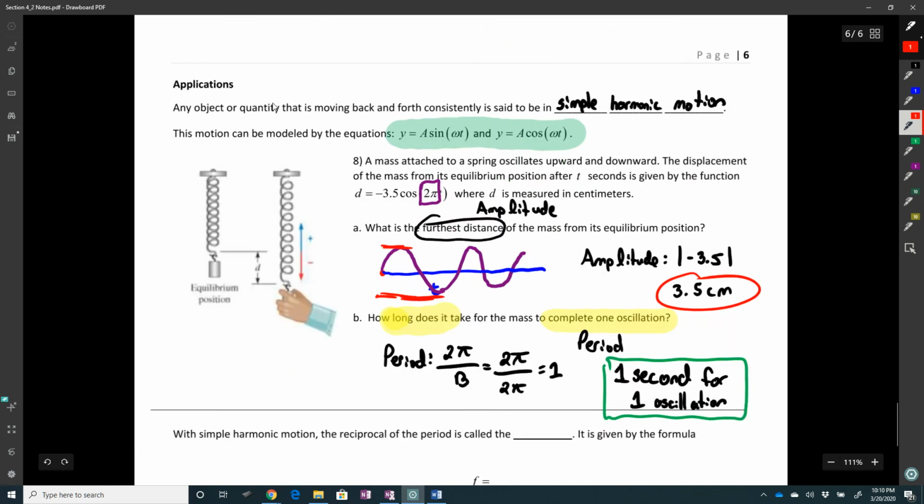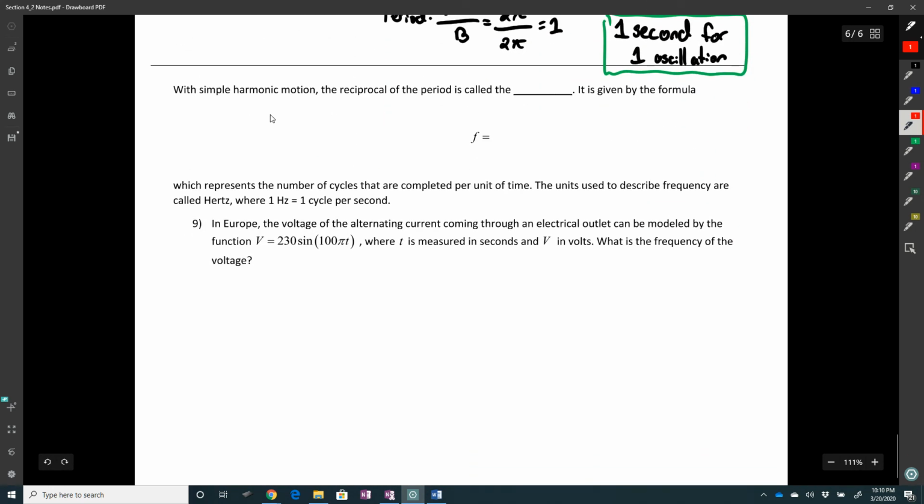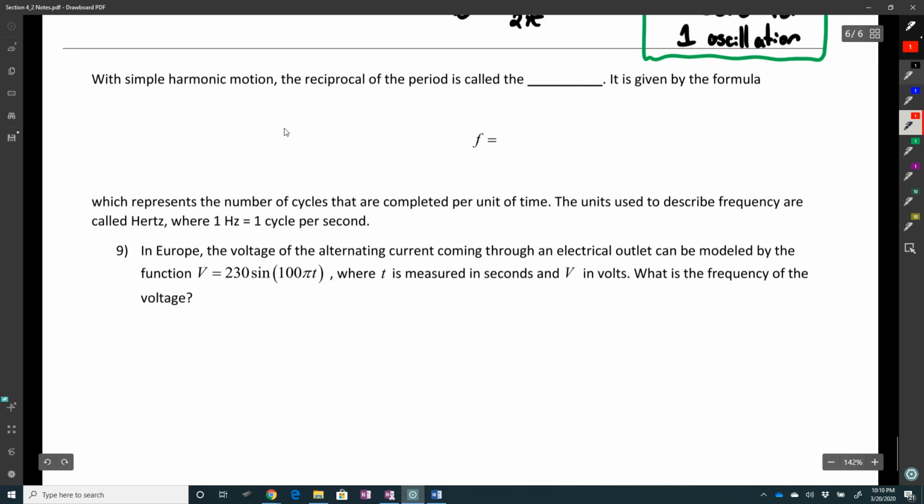Let's go down to this last problem. So with simple harmonic motion, the reciprocal of the period is called the frequency. It would have been kind of hard to do this one in hindsight if you didn't know what the equation was. I apologize for that. It is given by the formula